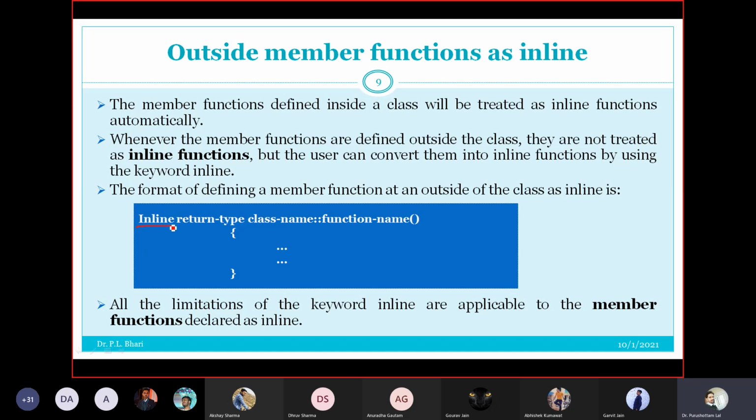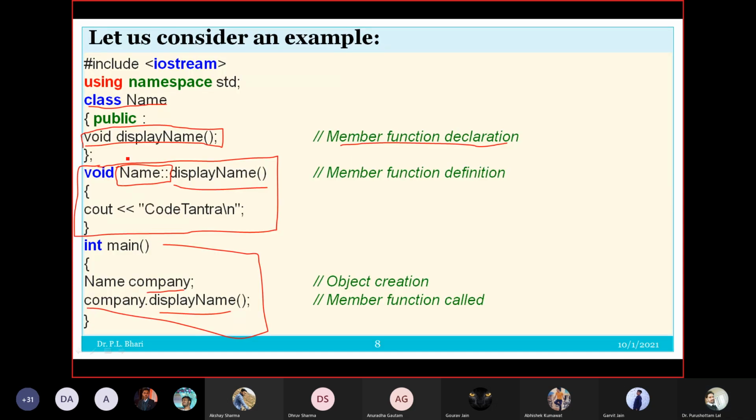You will add only the inline keyword with that particular function, यानी यहां void से पहले आपको inline ऐड करना है ओनली,